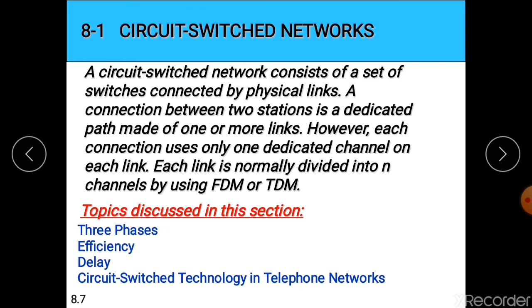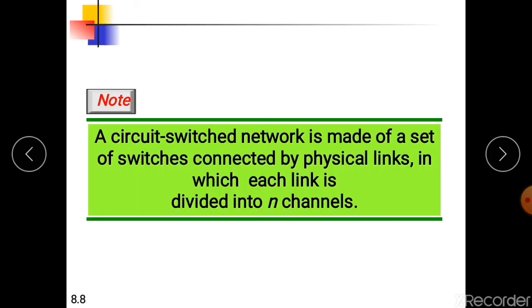Each link is normally divided into n channels by using FDM or TDM, that is frequency division or time slots. So a circuit switched network is made up of a set of switches connected by physical links, in which each link is divided into n different channels.